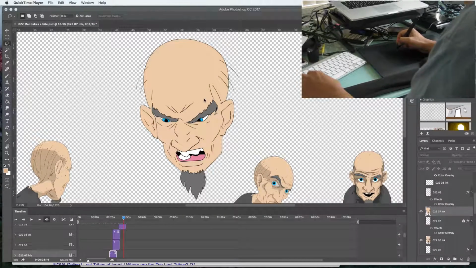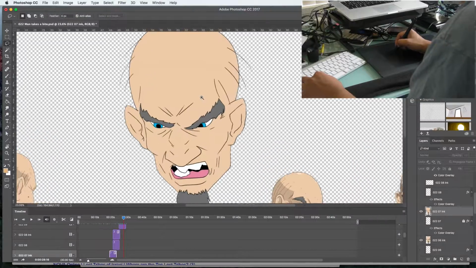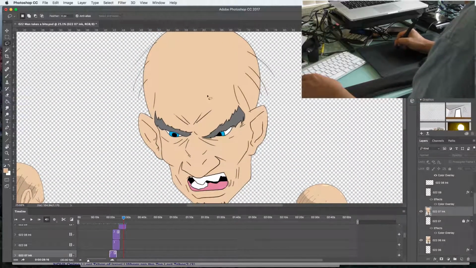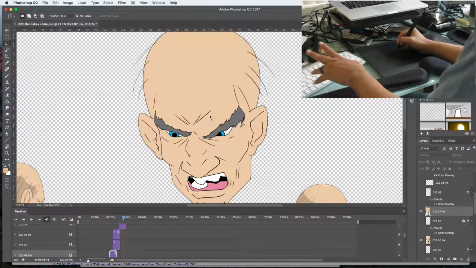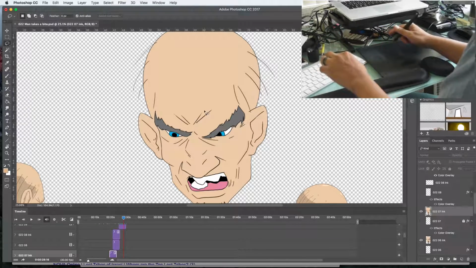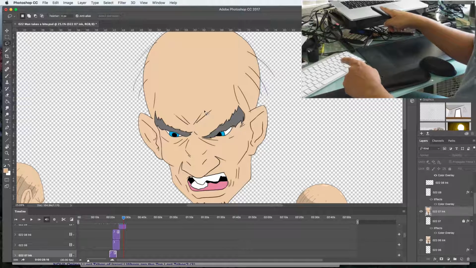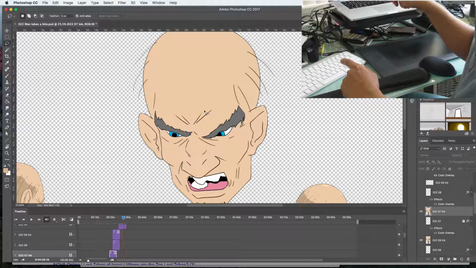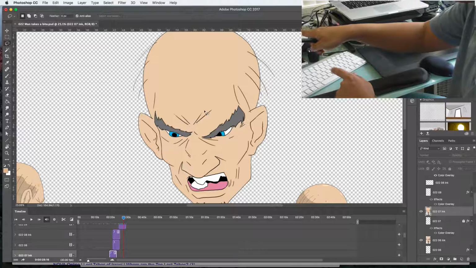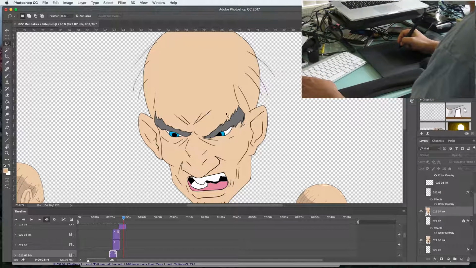Okay, so this is the final frame. This is my first time, by the way, doing this, so first video. This is the final frame right here, what you're looking at, and all you're seeing is my hands. This is my tablet, this is my keyboard, this is my MacBook Pro. But you're not actually seeing the screen from this one, you're seeing the screen over here. It's too big. Anyways, this is my first one, and this is the final frame that I'm animating for this